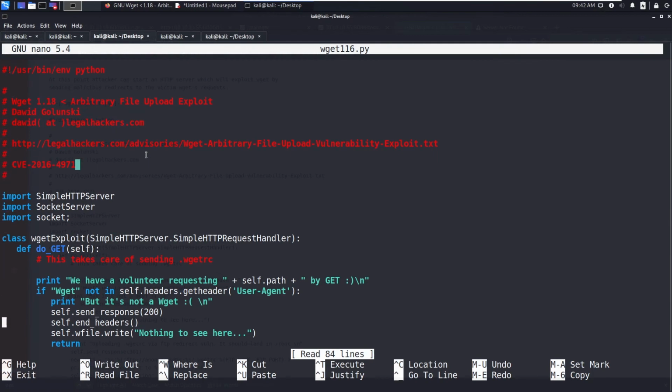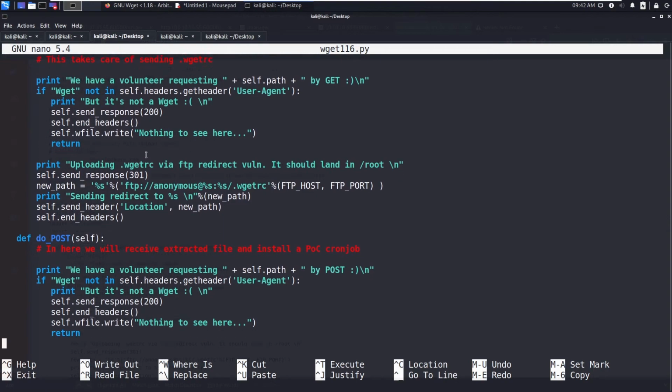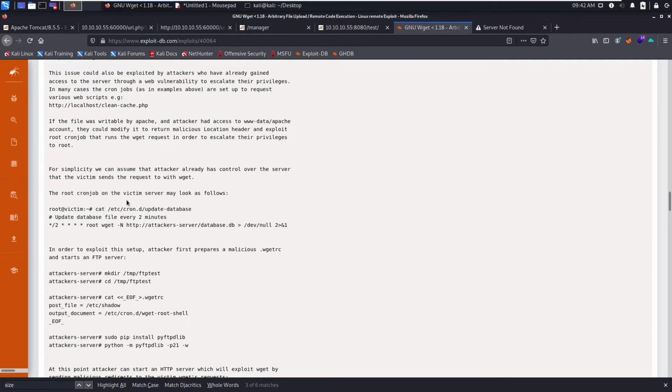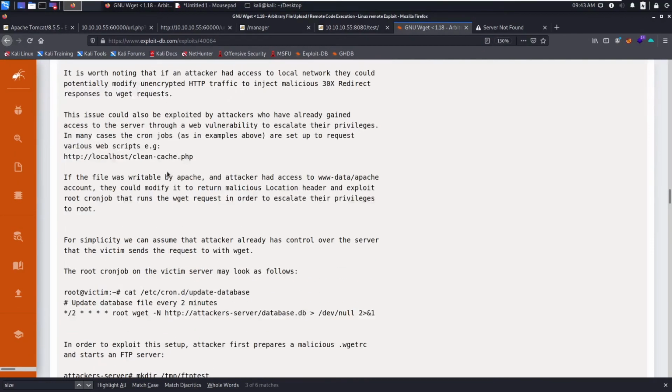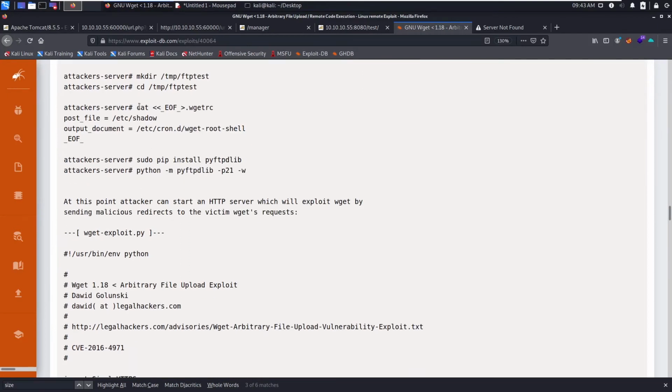So I saved it as wget116.py, and here we need to set some settings. Okay, I will explain here. First, we will write our wget.rc in our Kali box with post file etc shadow and output document.